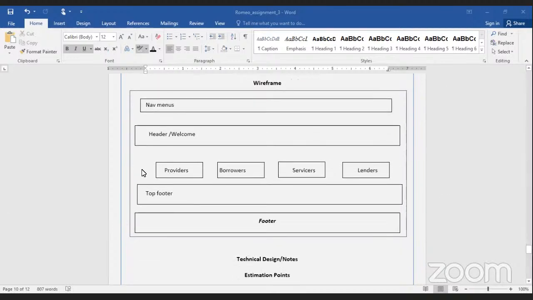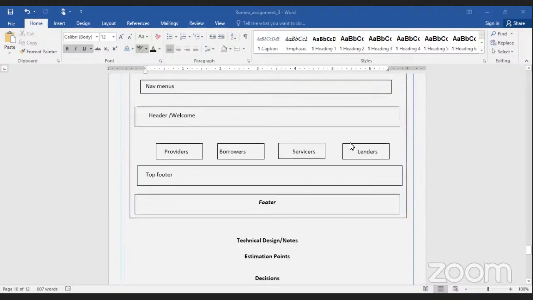Next, we should have the buttons that will link to the various portals, or perhaps talk a little bit about the various roles under the system, and then provide a link to the individual portals.